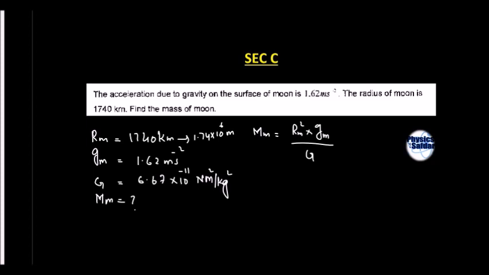Now the equation is ready. You can substitute all the values. Mass of moon is equal to radius of moon squared, that is 1.74 into 10 raised to the power 6